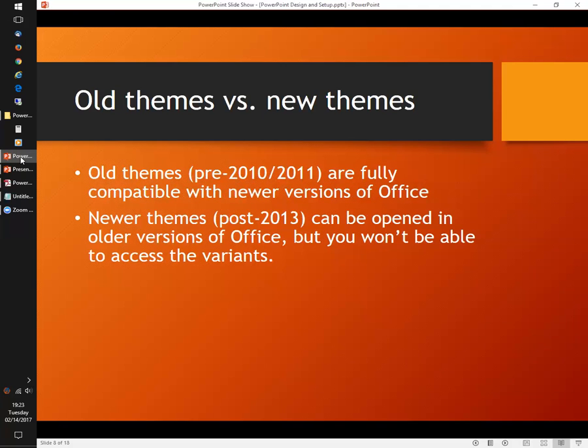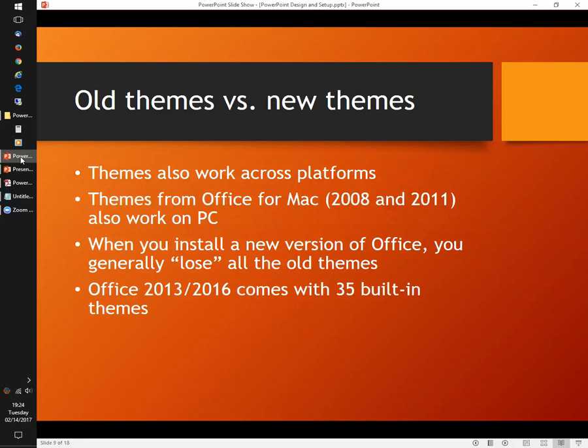Now, I'm going to give you a present here shortly. I'll talk about that. If you're going in the reverse direction, if you happen to be using Office 2007, oh please, I hope you're not, but some of you I know are still using 2010, you can use the newer themes, but you won't be able to access the variants of the theme. So if I was using Office 2010 and then tried to use the theme called Banded, I would only see the first variation. I wouldn't see the others. So the nice thing is that themes can basically work forwards and backwards compatible for the most part. Okay, so I've said this, themes work across platforms.